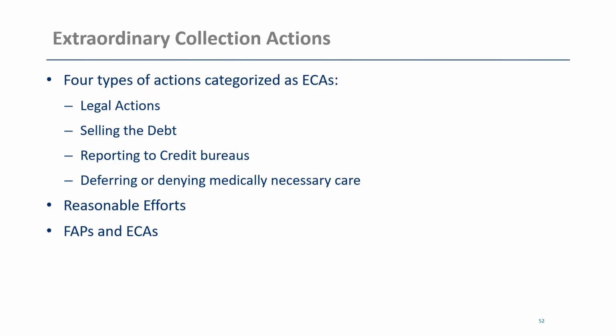Some examples of what constitutes reasonable efforts, which must be undertaken prior to initiating an ECA, include widely publicizing the availability of financial assistance and copies of the financial assistance policy within the community, waiting at least 120 days from the date of the first post-discharge billing statement before initiating any ECA,